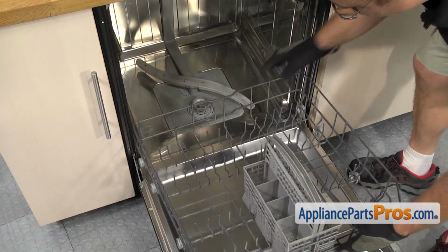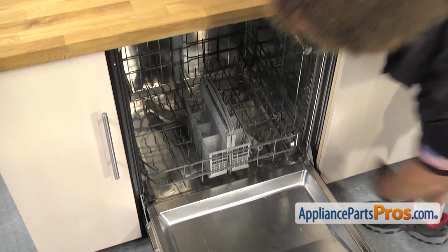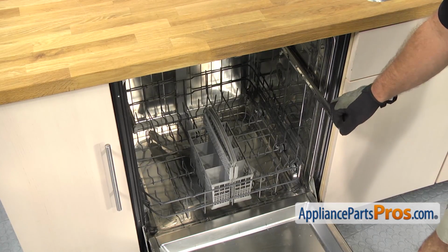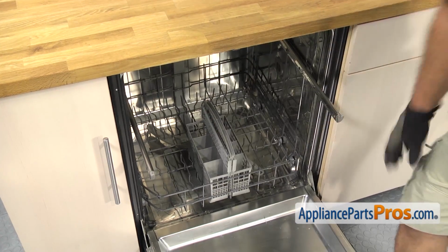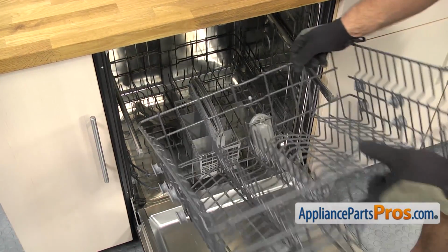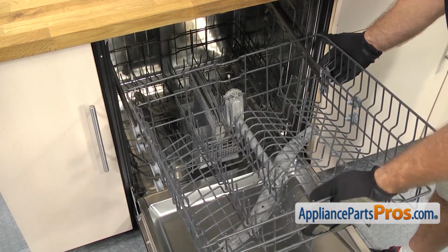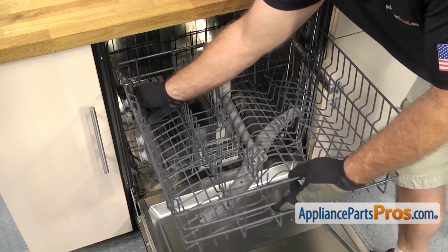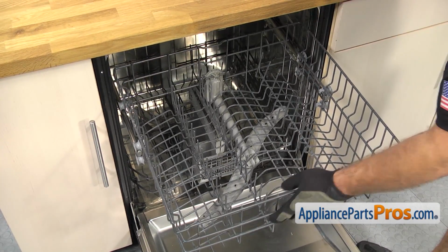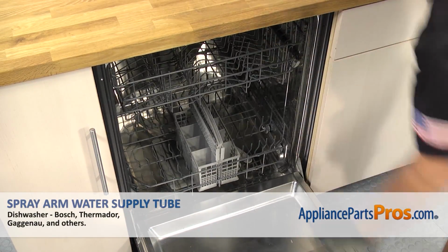To put the lower rack back in, we're just going to set it on the door and guide it back into the dishwasher. Once you have it all the way in, we can put the upper one in. To put the upper rack in, if your rails got pushed in, you just have to pull them out. Once you have them out, we just have to set the upper dish rack on the rails and push it back. You may have to reach in and grab the rails and pull them forward again so we can set the upper wheels on them. Once you have it on, you can push it all the way in, close the dishwasher door,